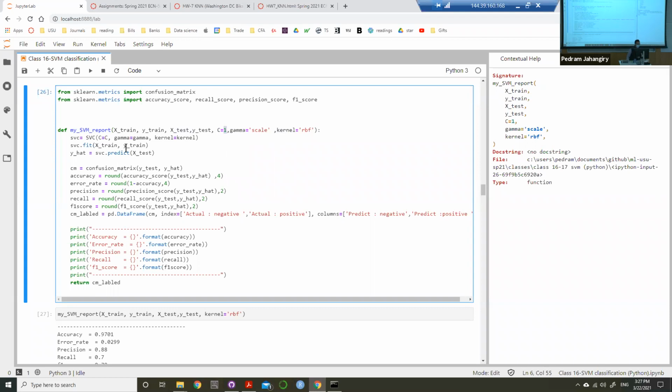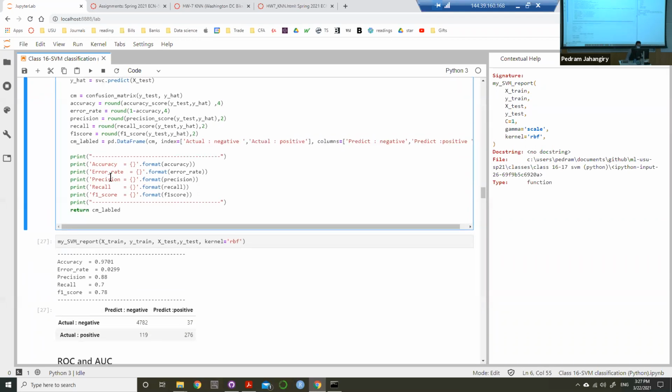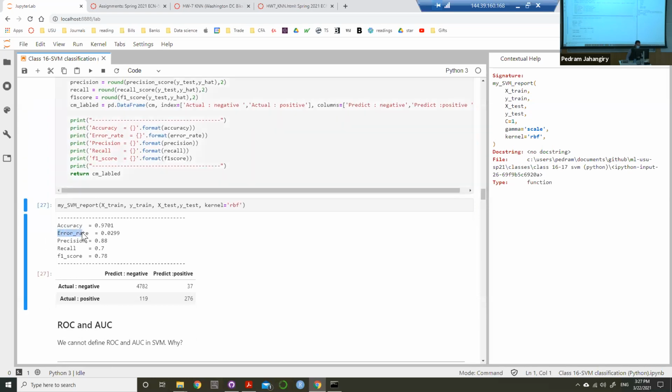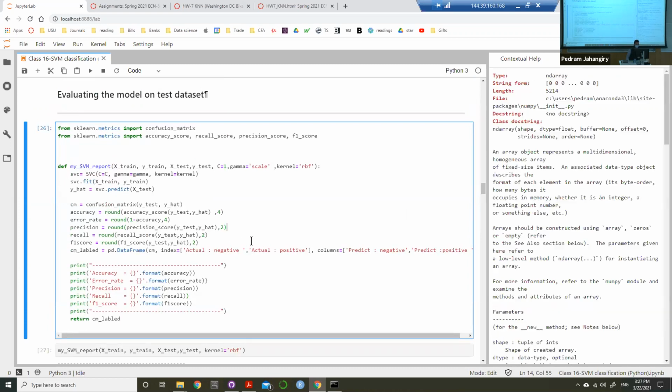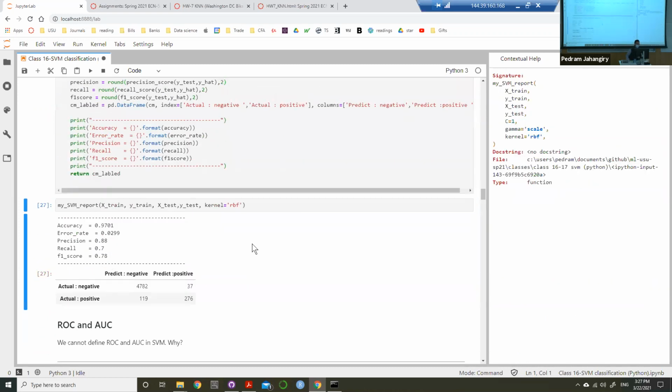The rest of it is going to be exactly the same as the previous functions that we did in KNN and logistic regression. And here, I'm going to also report error rate like what we did in KNN because I want to make sure that we can compare them. You can add and remove any features from this customized function if you wish. Okay, then